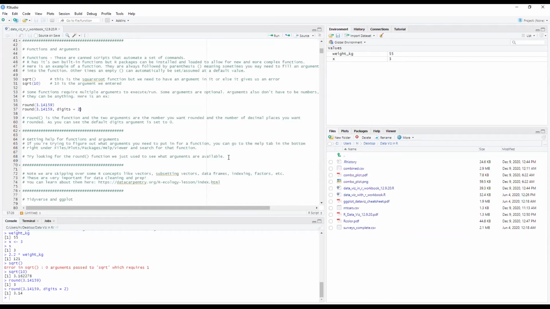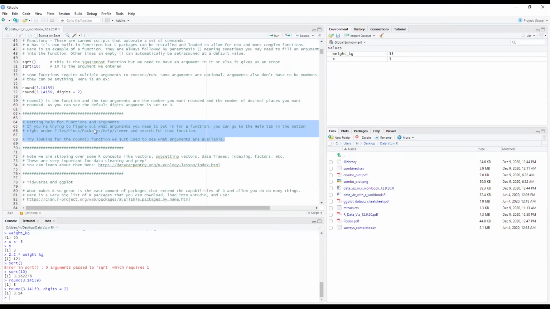So one thing that is key to know is if you're having issues, or if you see a function that you don't know what it does, you can get some help in terms of, okay, this is what this function does. These are the arguments I have to put into it in order to make it run.